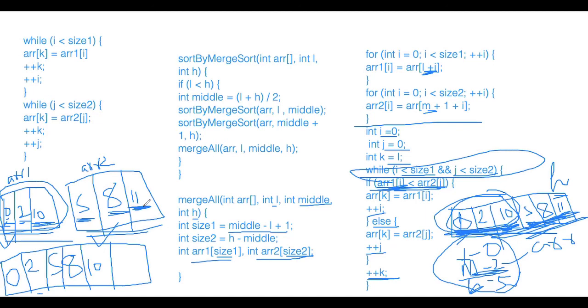Okay. That's why we are running these two separate while loops. If there is something left in either of the two arrays, add it blindly at a time, because it is anyway going to be larger, since these two arrays are already sorted. Since this first condition is not true because this array is exhausted, nothing will happen here. But j is less than size 2, this is true because 11 is not yet traversed. We will go into this loop and add 11 here. So now you understand how we related this code to the logic, and how it works perfectly. At the end we get a merged array, and the merged array is a sorted array. Okay. Awesome. So do you have any doubt?